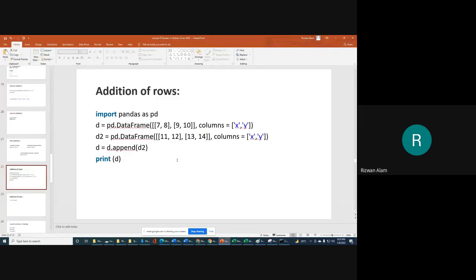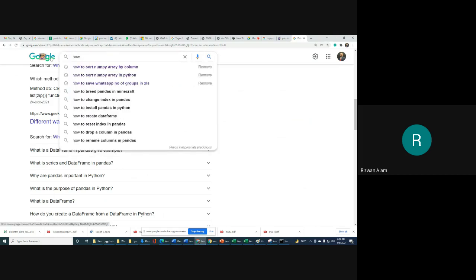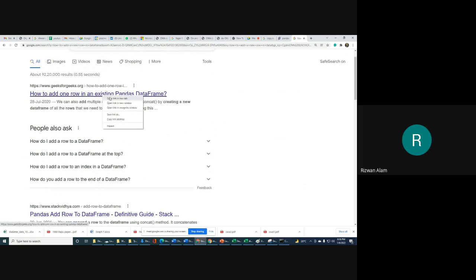So with the help of append we are getting an error. Okay, so what we can do, let me check this thing. And another way, how to add a new row. Okay, a new row we want to add, row in data frame, existing pandas data frame.